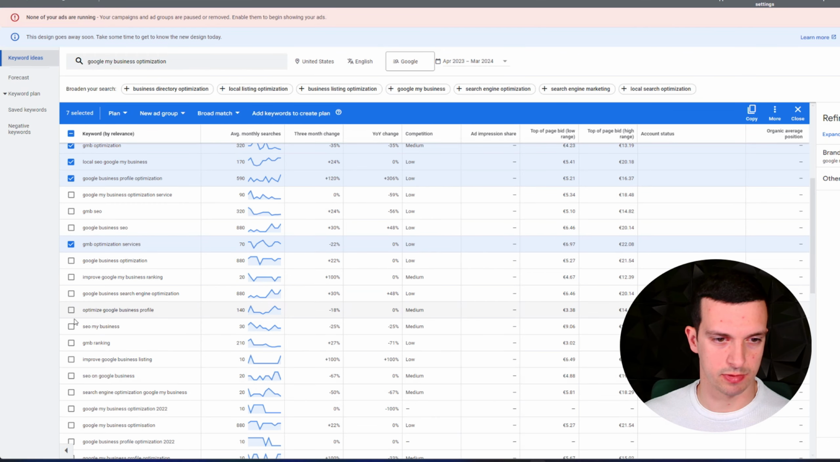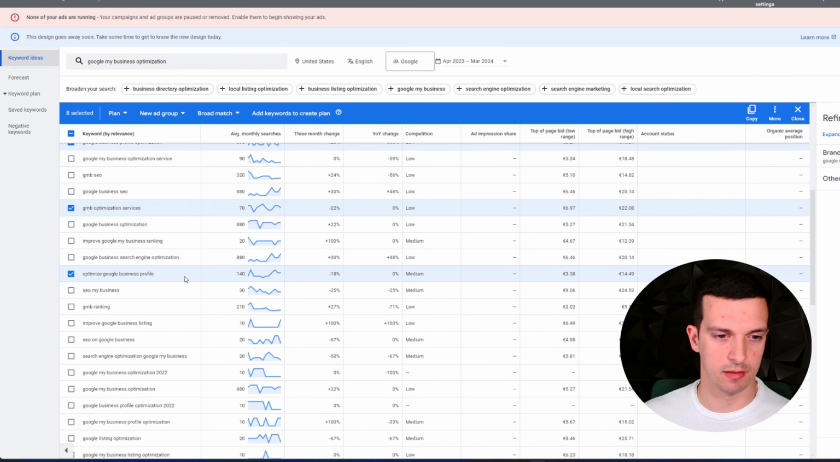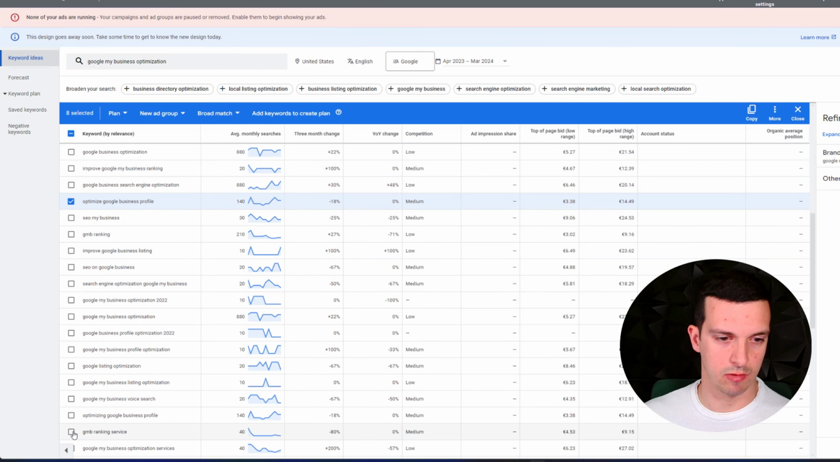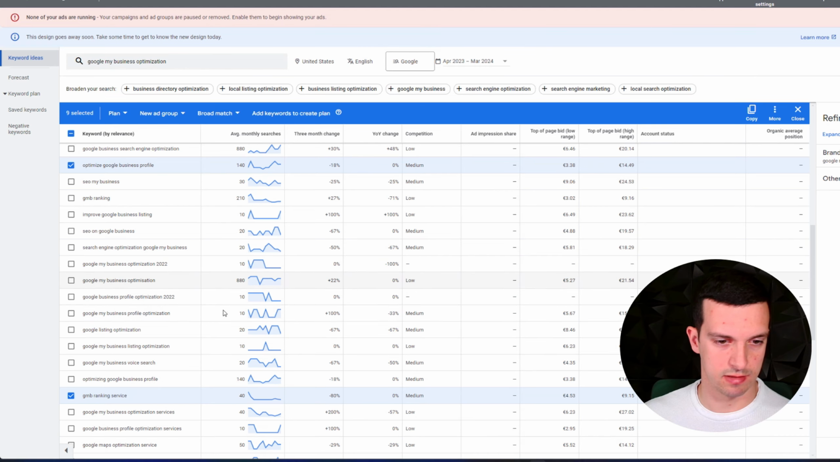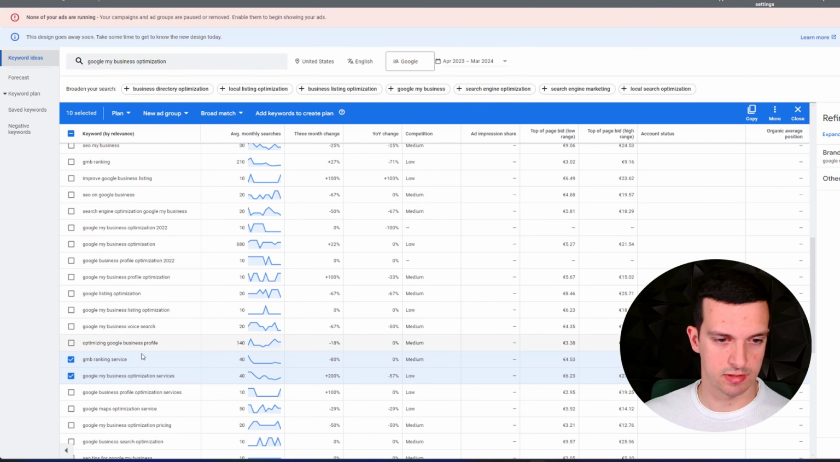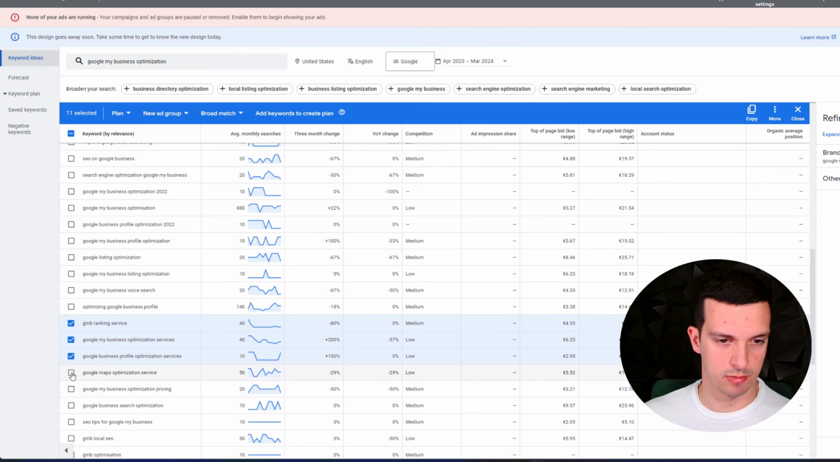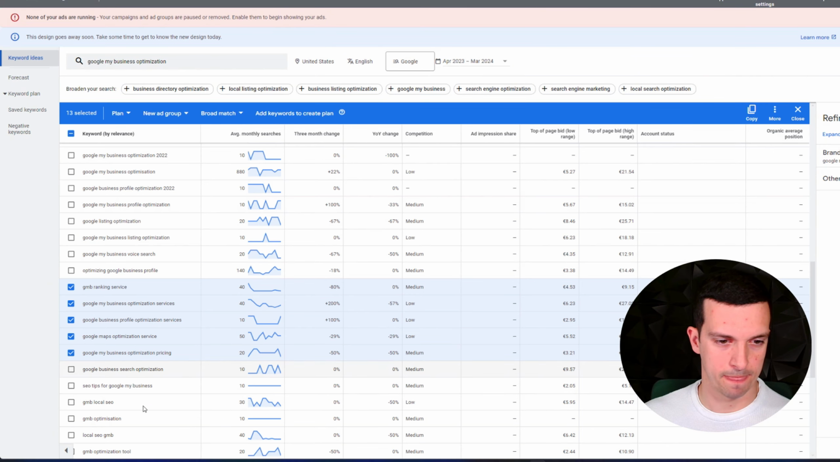Improve Google My Business optimization, SEO, optimize Google My profile, improve Google Business listing, Google My Business ranking service, Google My Business optimization services, Google My Business optimization services, Google Maps optimization service, pricing,